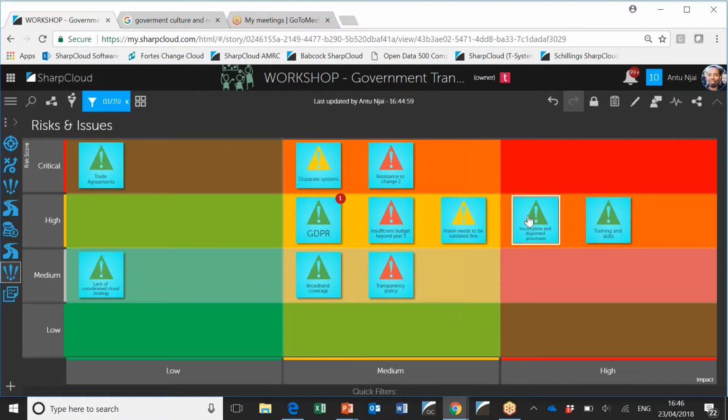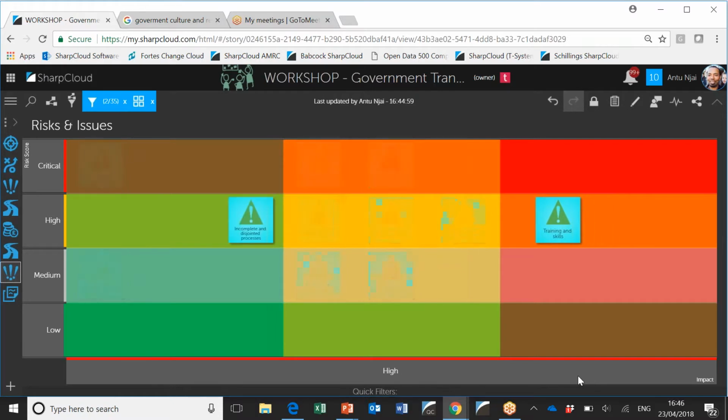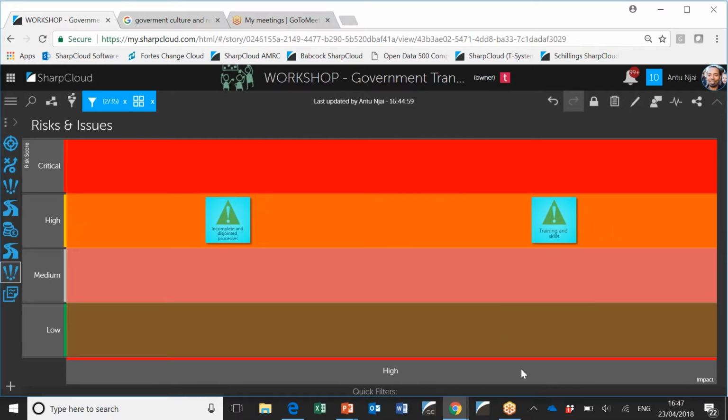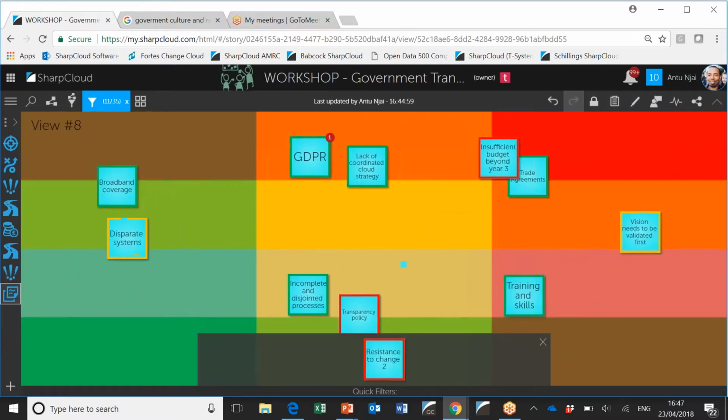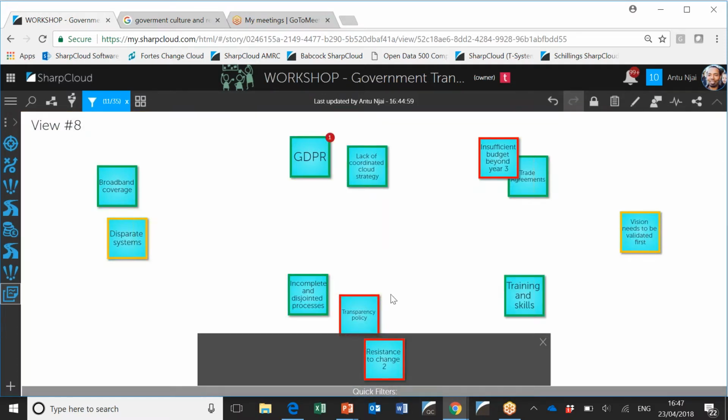We can have backgrounds that allow us to filter and what we call fit and clip the background, so that we're always aware as we filter where we are in that sort of landscape of critical and high impact down to things that are more benign in the bottom left. So experimenting with the view options to put backgrounds, to put different appearance on the items can really help people to think in a particular way during the workshop. And as I mentioned, you can also cluster ideas. So previously we did it through maybe merging items, think about merging them.